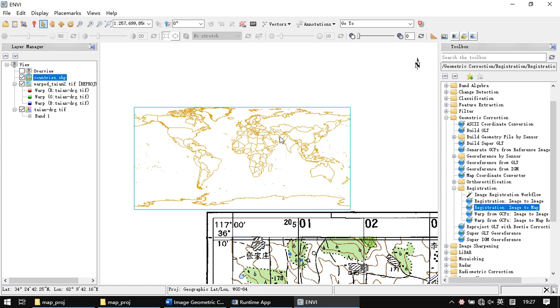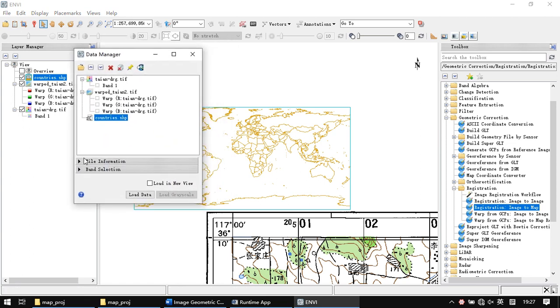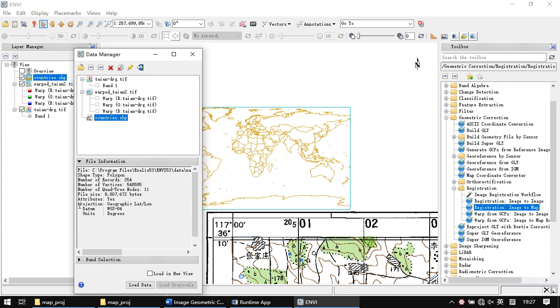It is a standard file with the projection WGS 84. So this is a file with correct coordinates,